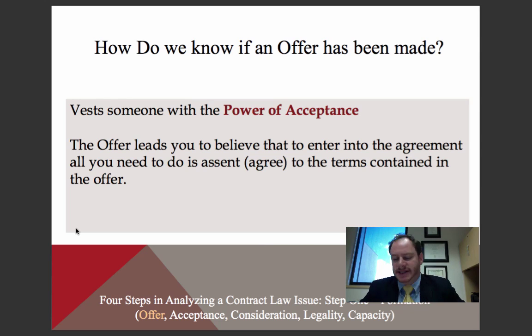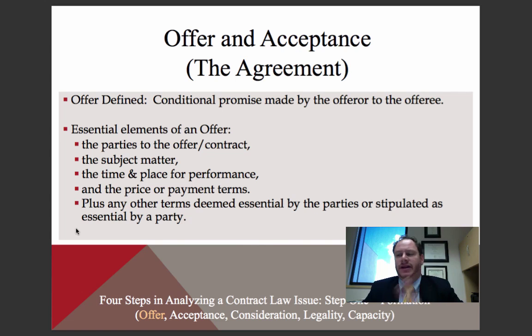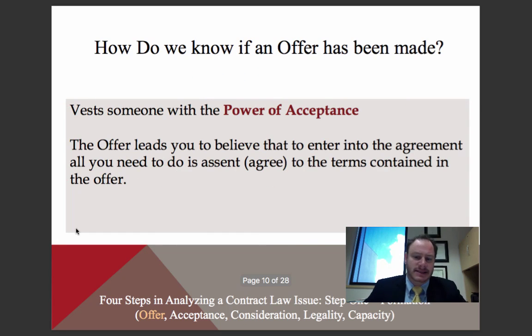Okay, so once we've outlined who is identified in the contract, the subject matter, where and at what date and time it's going to occur, what are the payment terms, and anything else that's deemed to be important to the parties, then we can move on to see whether or not an offer actually has been made. The offer, all those elements become the offer, and it vests a person with the power of acceptance. So I've made my offer to Tammy to mow my lawn, and now she's the one that can,